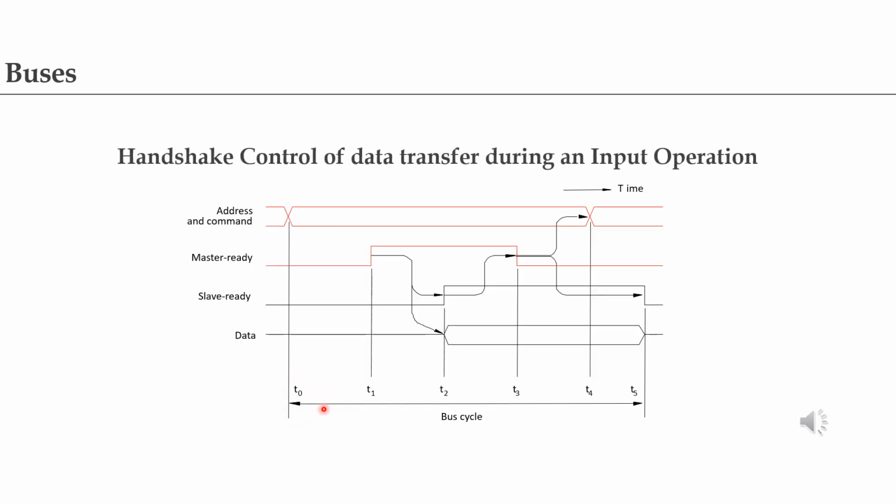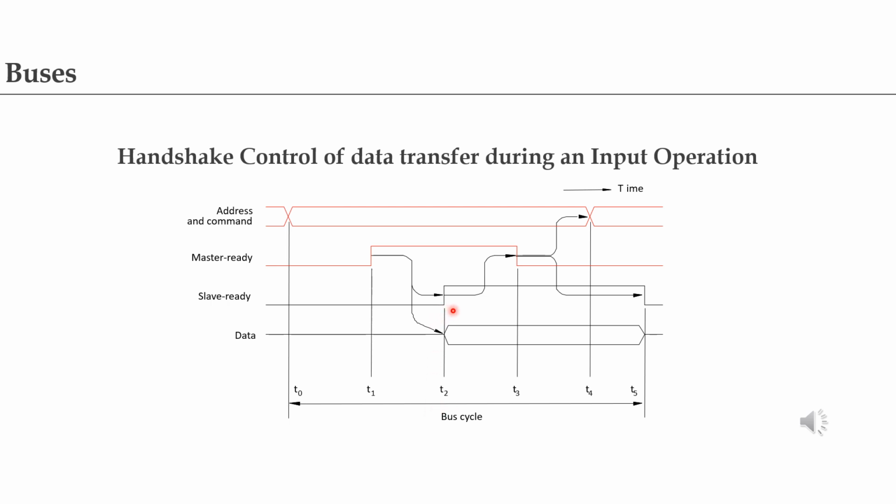At the timing signal T0, the master places the address and command information on the bus, and all devices on the bus begin to decode this information. At T1, the master sets the master ready line to 1 to inform the input output devices that the address and command information is ready. At T2, the selected slave